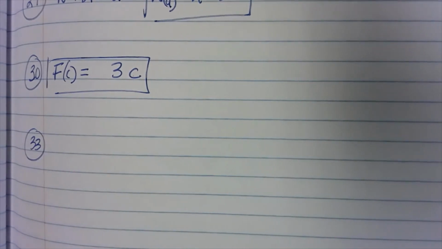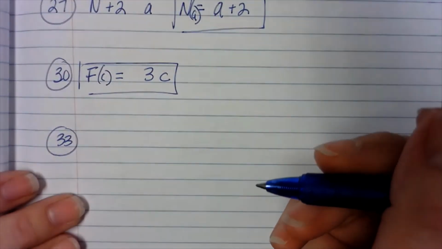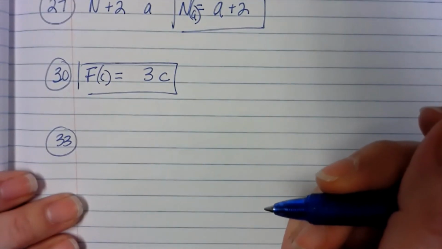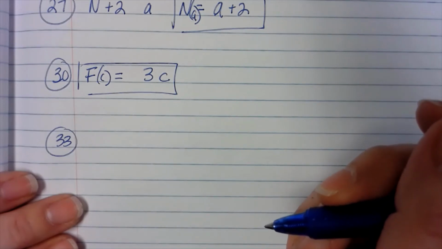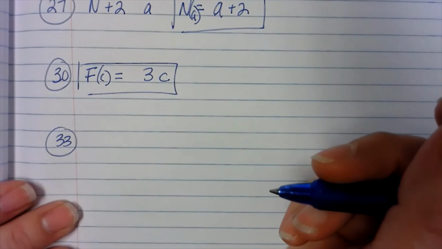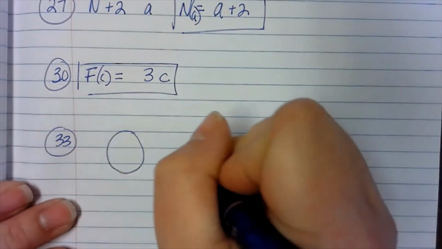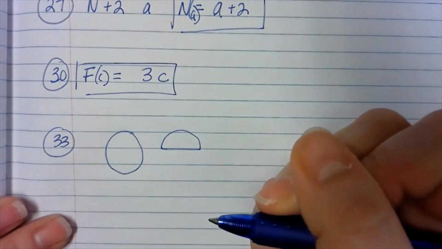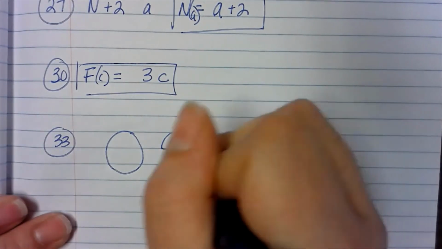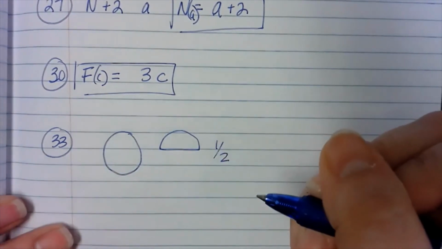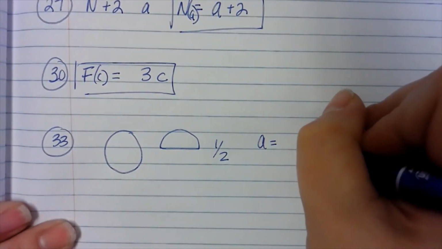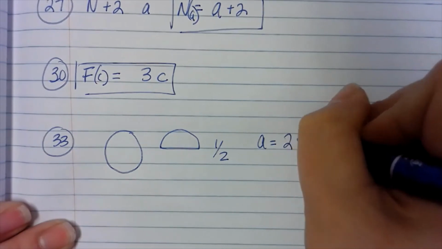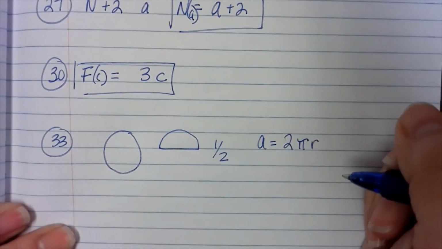the area of a semicircle with radius r. Okay, so here's a circle, here's a semicircle, right? So this is approximately 1/2 of a circle. So area is equal to 2 times pi r, I believe is how it should go. So